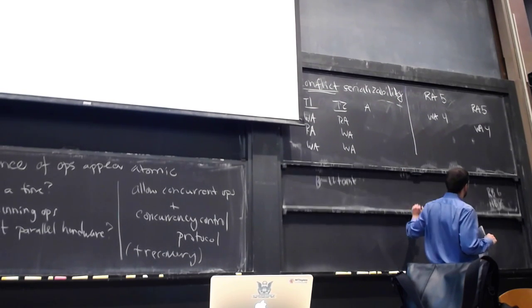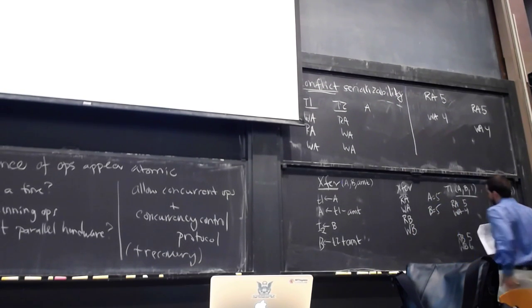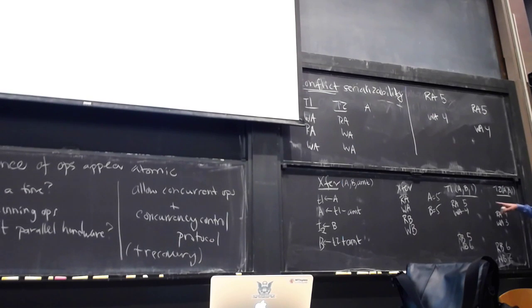you can see what we're getting at here. If we look at all the pairs of conflicting operations, this read conflicts with this write here, but you can see that in this case, T1 precedes T2. And here you can see that this write conflicts with both this read and this write, but this write precedes both this read and this write in T2.